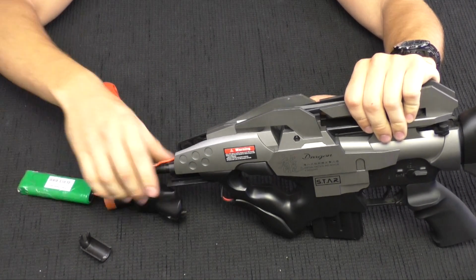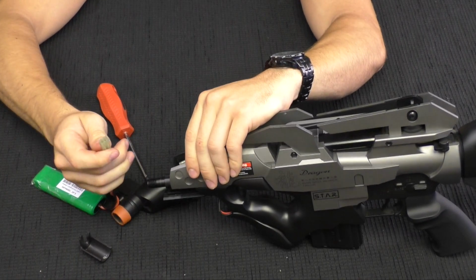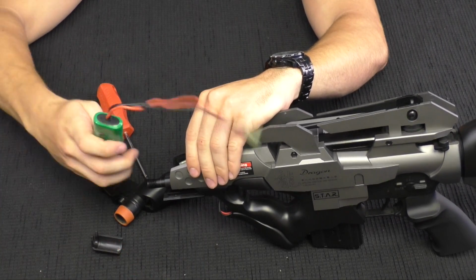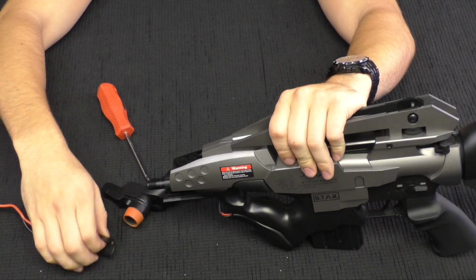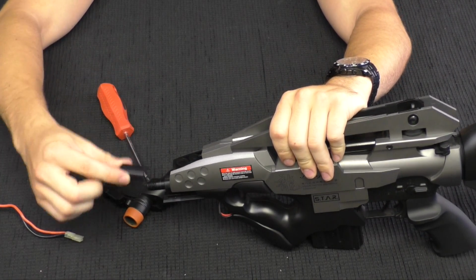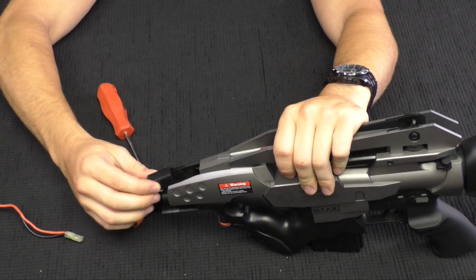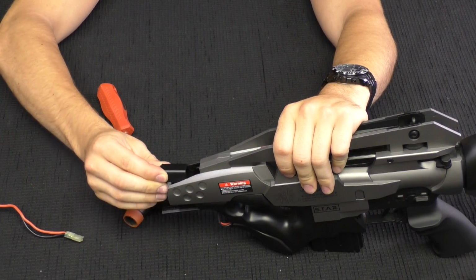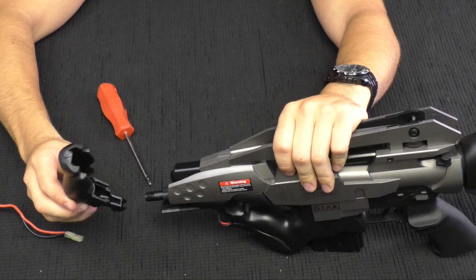Once you get your battery out, you just simply unplug your Tamiya connection. Or if you were installing the battery, it would be vice versa. But once everything's in place, then you take this little black clip here, get it under the tabs, these silver tabs, and just slide it straight up so that it sits there flush, and then just simply repeat